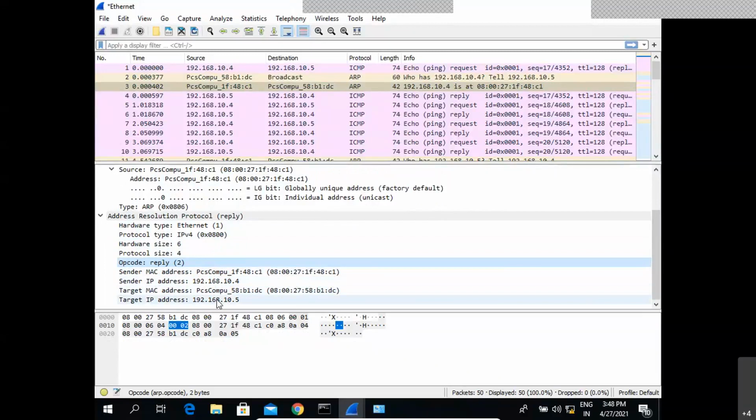Whatever we have seen in the theoretical part, now using this Wireshark tool we can actually visualize. We are sending an ARP request to the network, asking where exactly this IP address is located, and we are getting a reply from that particular IP address. This theory is okay, but here we can visualize it using this particular tool. In the first section we can see the ARP request has been sent to the particular IP address, 10.4, and we are also getting a reply from 10.4.